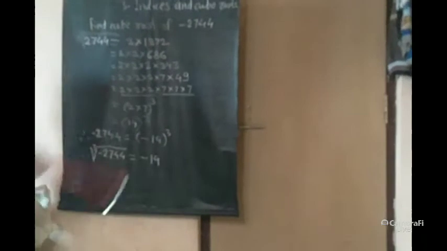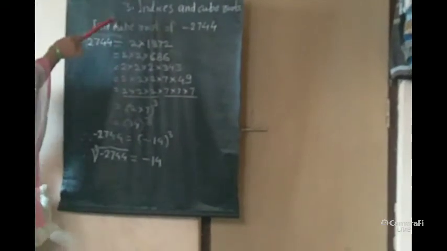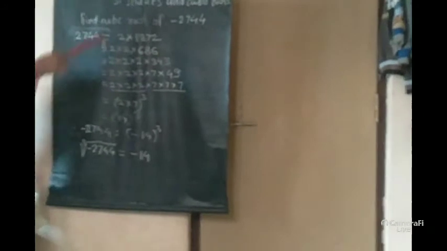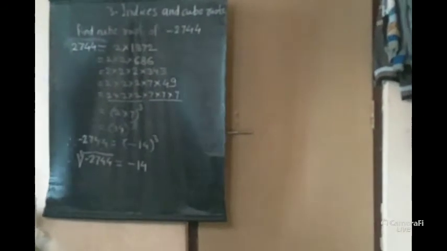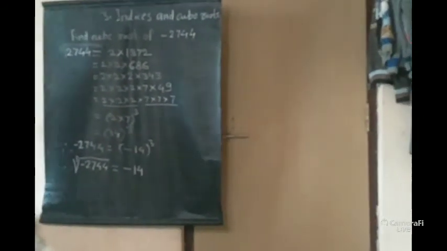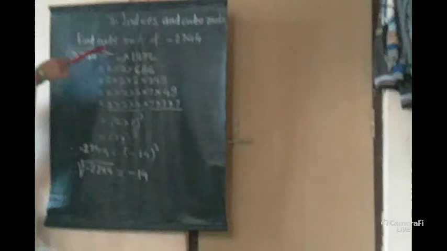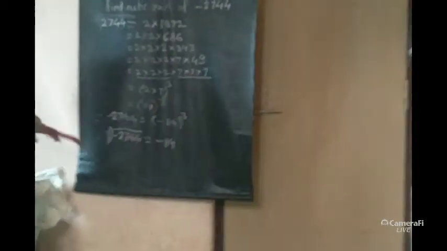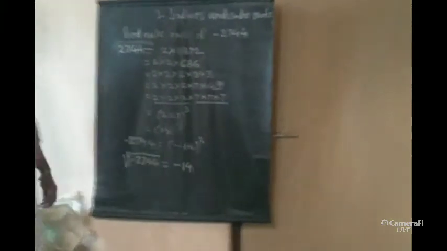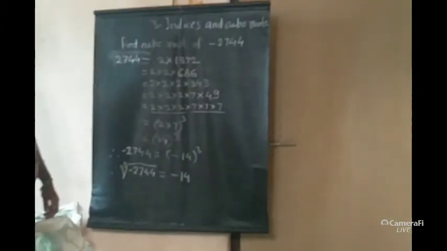In this way you can find the cube root of any number, whether it is positive or negative. We have to find the cube root by only taking positive numbers. When they are negative, we should take it as a positive number, find its cube root, and in the end we have to give the negative sign again to the number. In this way, we have completed question number 1 from practice set 3.3.